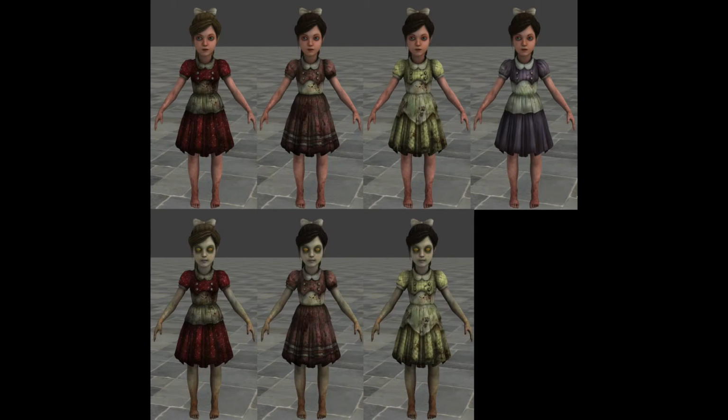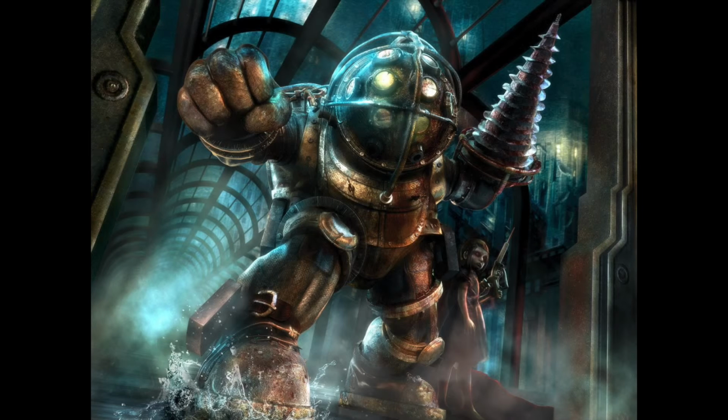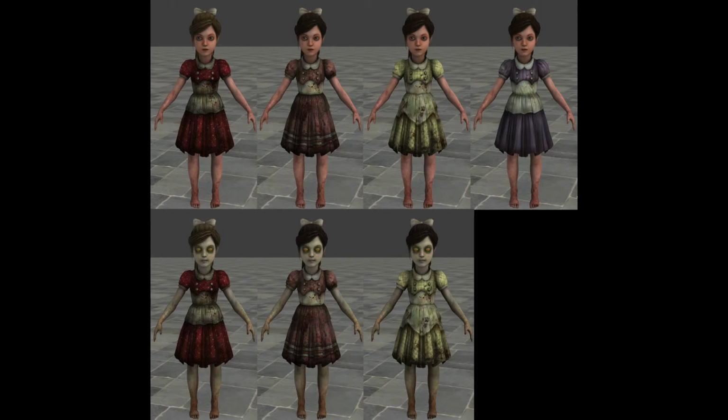Even the little sisters could be seen as lambs, or lamb characters, because the big daddies, I think, see the little sisters as daughters. In this picture here, you can see some little sisters have brown hair, some have black hair, some have brunette hair, so you can see the correlation.